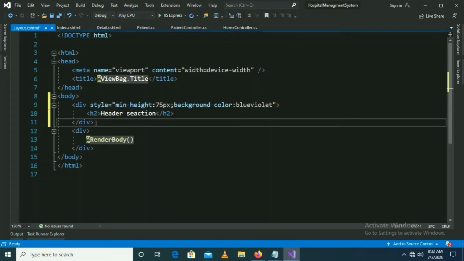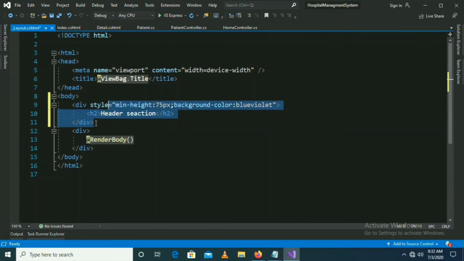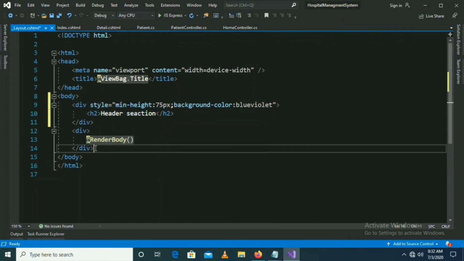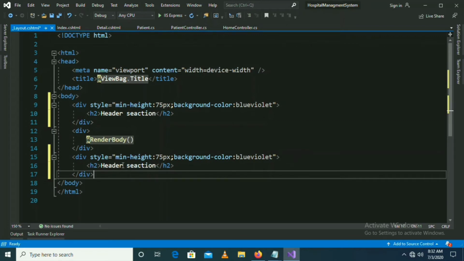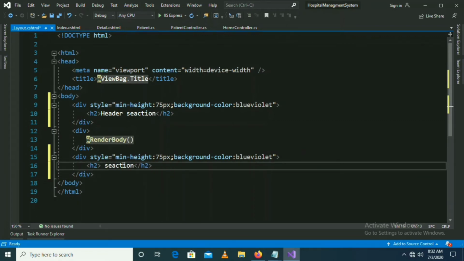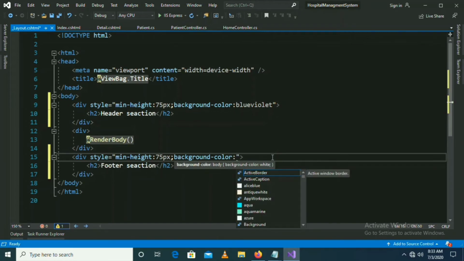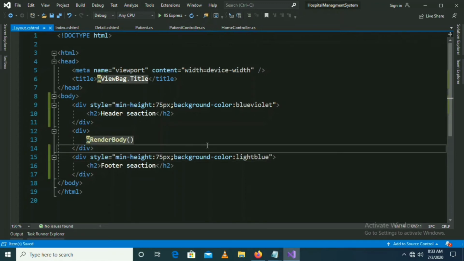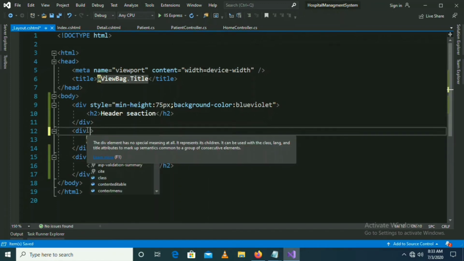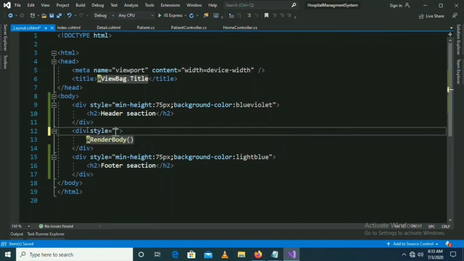Okay, now I am just copying the whole header content, and keeping it at the bottom and changing the text to footer section, and for this I am going to change the color also. Light blue. I am also giving a minimum height for my body. Minimum height, let's give 430 pixels.